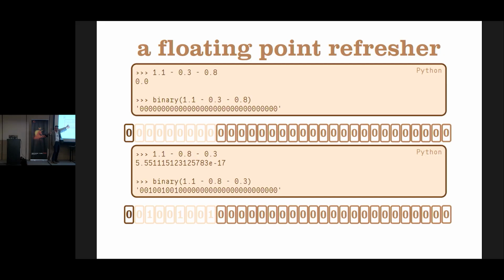This is actually a place where you mentioned that implied 1. The implied 1 shows up in this calculation because that 1 is still implied there. So when you do this bias on the exponent here, you end up with 5.5 whatever times 10 to the negative 17. It's a really tiny value, a fantastically tiny value. And this is why you always tell people, right, you ignore absurdly small numbers.